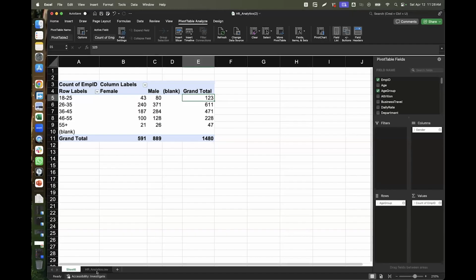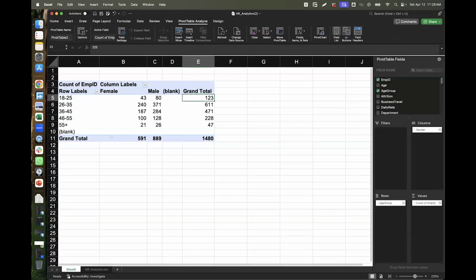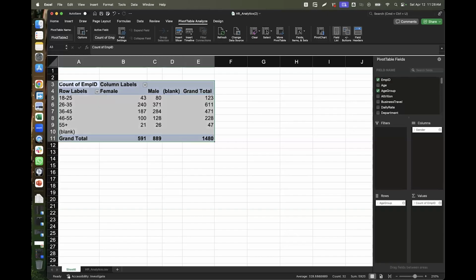You can see how this data is so large, right? I just made a quick summary of that data right now. Isn't that so beautiful? Right? So now the next thing I also want to show us is how we can even make a graph out of this, right? Like we want to do charts, make it more meaningful for people to be able to understand that data from a visual perspective, right?